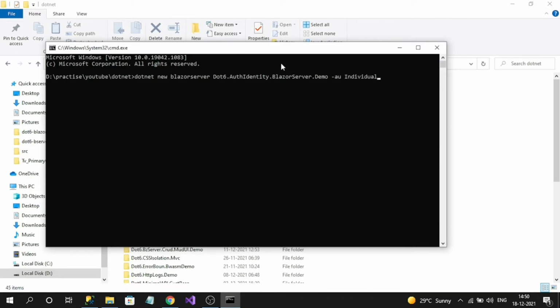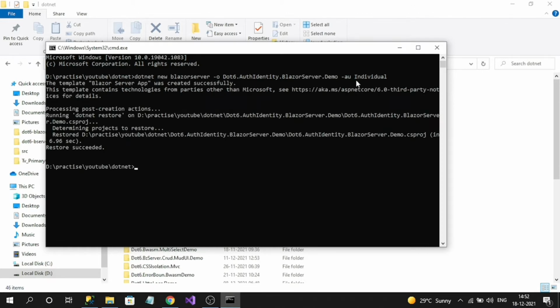Here is my .NET CLI command for creating the Blazor Server application along with enabling individual user authentication. The command is dotnet new, then the template name, that is blazorserver, and a small correction here, -o, then a space and the name of your project, then a space and -au, the flag that represents authentication, and then the type of authentication. I want individual user authentication. Let's create the project.